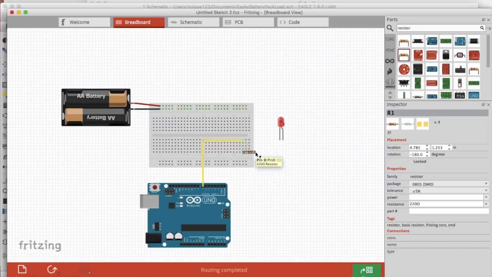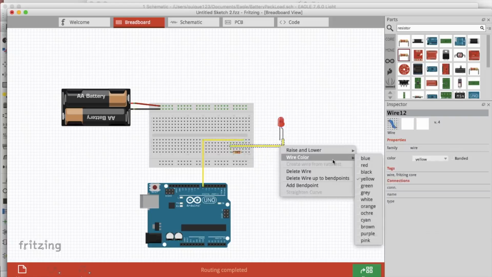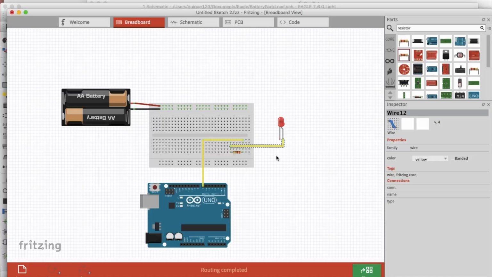Don't drag from the components. Move it over the breadboard. Hover over the breadboard, and once you get the circle icon, then you can drag a wire out of there and connect the component to it. Alright,